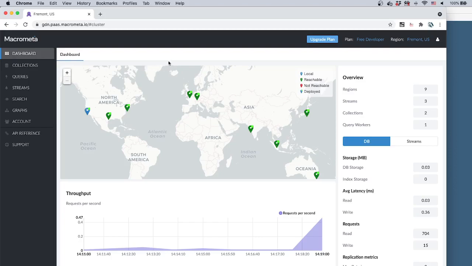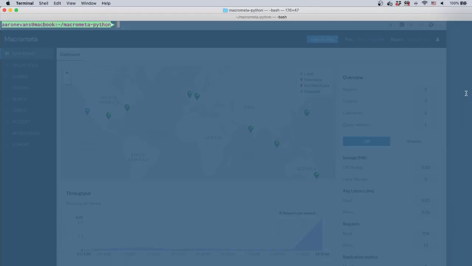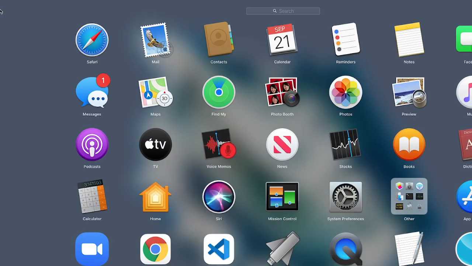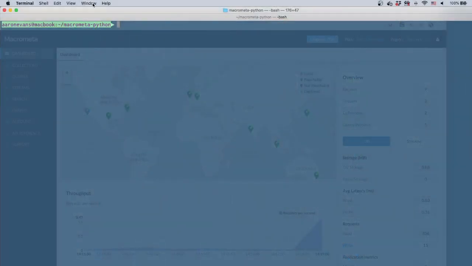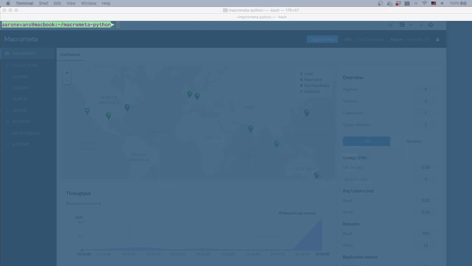So the first thing you do when you log in, you get your username and password, and I'm just going to show you how you can use the Python library with Macrometa. So I'm going to bring up my terminal, and I'm just going to create an example here. All right, I just need to bring up my cheat sheet here. First thing you do is you've got to pip install